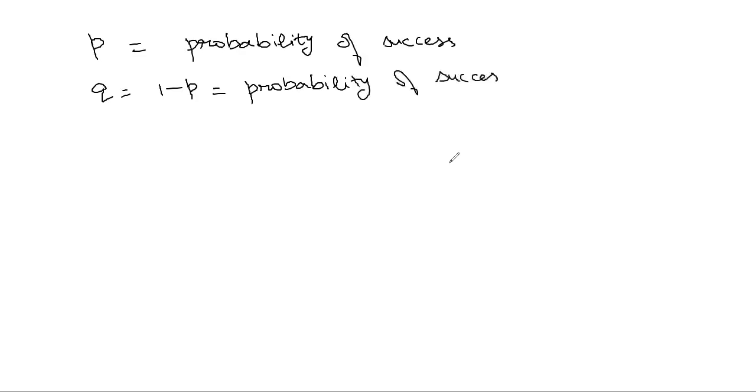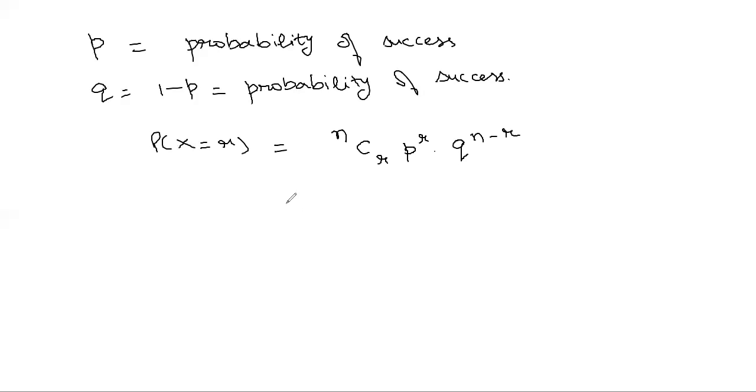If the experiment is repeated n number of times, then getting R successes out of n trials has a probability which can be defined by this formula: nCR times P raised to power R into Q raised to power n